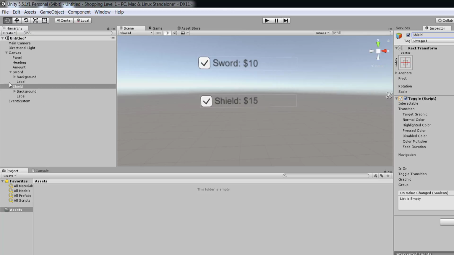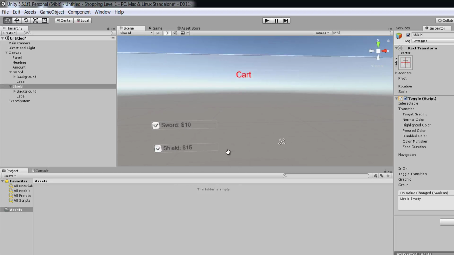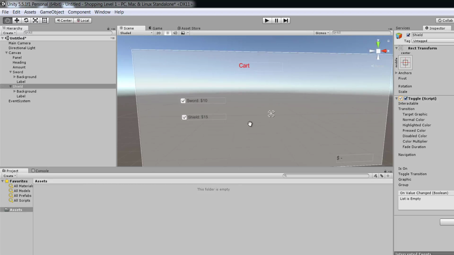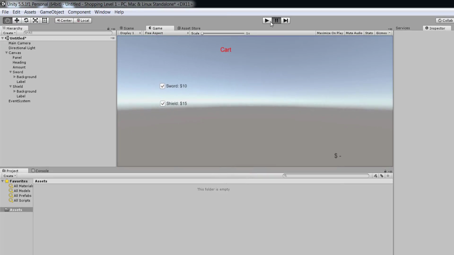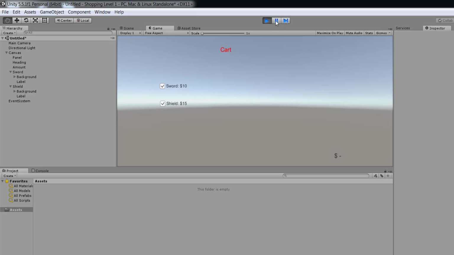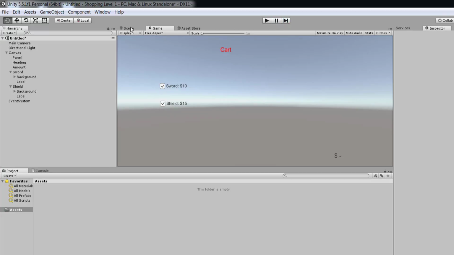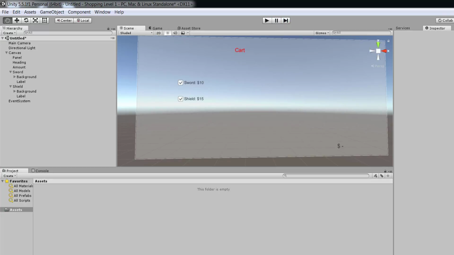So once I've done my basic setup over here in my hierarchy, you can see that I'm done with my basic setup. I can certainly add a script. But before I add a script, I would like to once again show you the entire panel that I have. So this is basically my whole panel. And if I show you in the run mode, right now they're both checked, but I can certainly uncheck them. If I want to start out my toggle as unchecked,